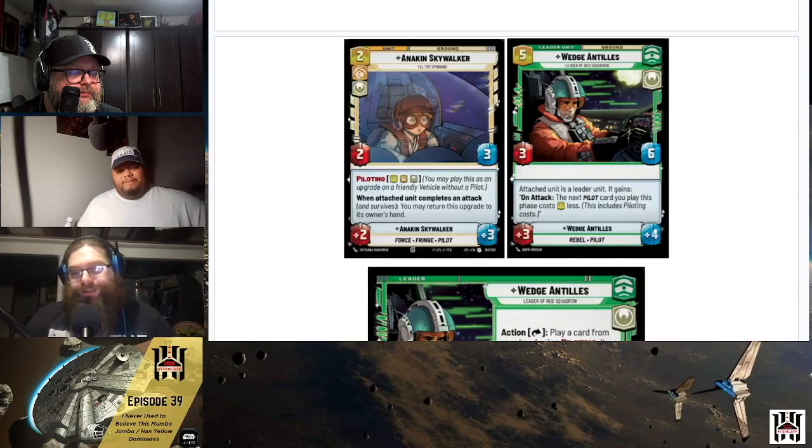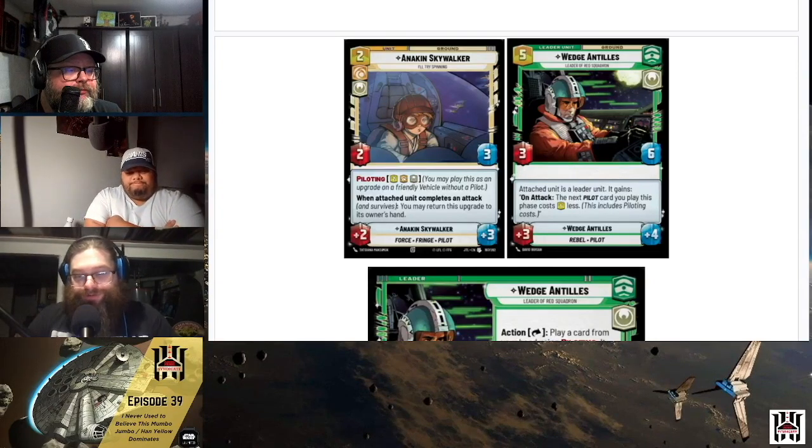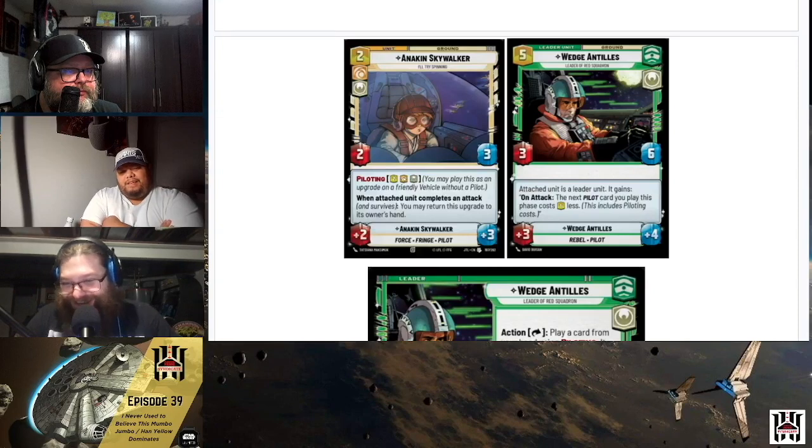And if you put that on the heroism Falcon, right? The 3/4 heroism Falcon, then it becomes what, a 7/8 for 3 resources in space because it gets an additional pilot thing. So, I mean, honestly, for me, if I'm building